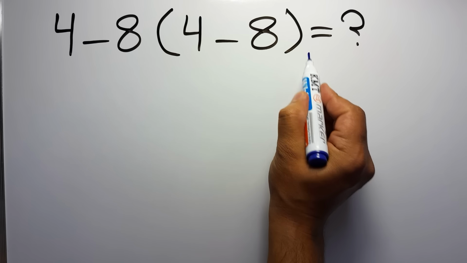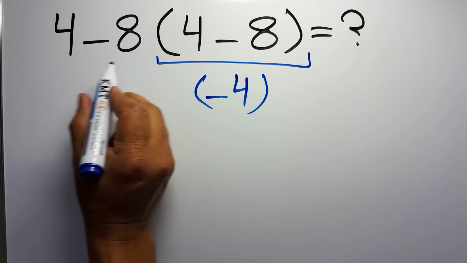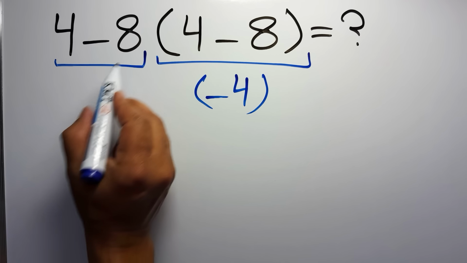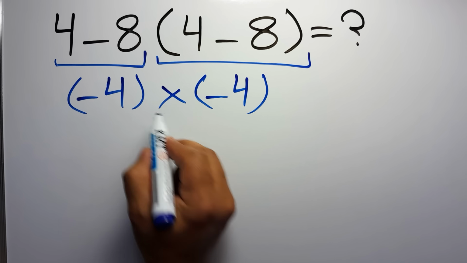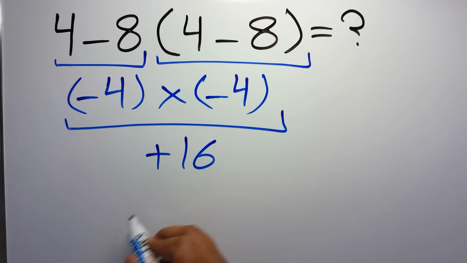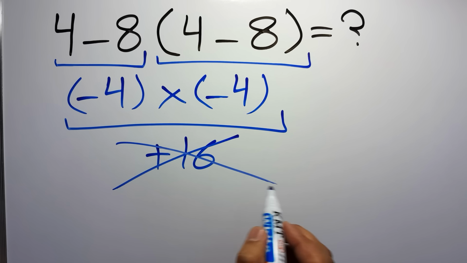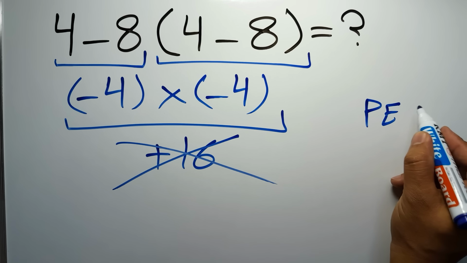4 minus 8 gives us negative 4. And again here we have 4 minus 8. So negative 4 times negative 4 gives us positive 16. But this answer is not correct because according to the order of operations, which is PEMDAS,